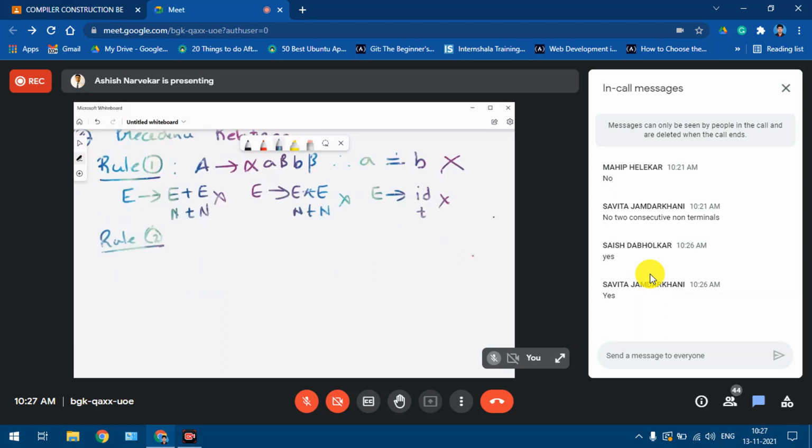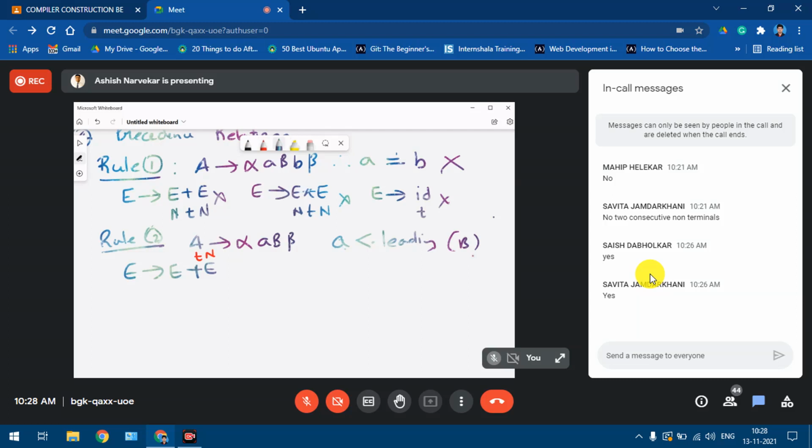Rule number 2 says that if we have a production of the form A derives alpha A B beta, then A will be having lower precedence than leading of B. So let's try to see whether this rule can be applied to the given grammar. So here we can see that we have this as a terminal and this is a non-terminal.